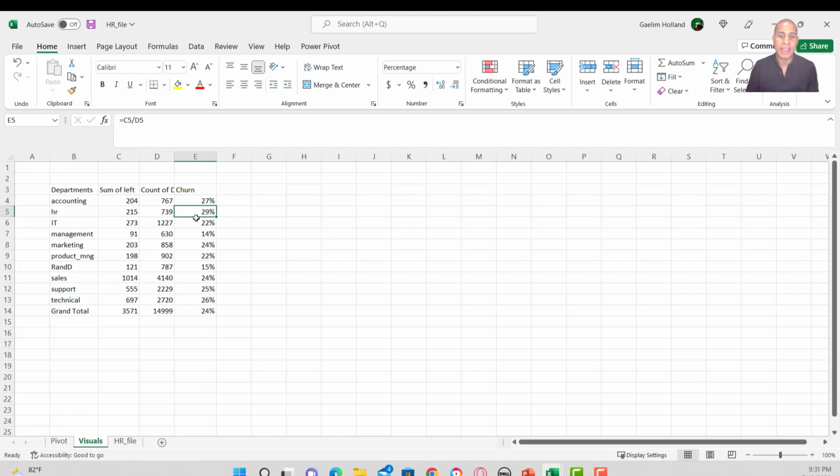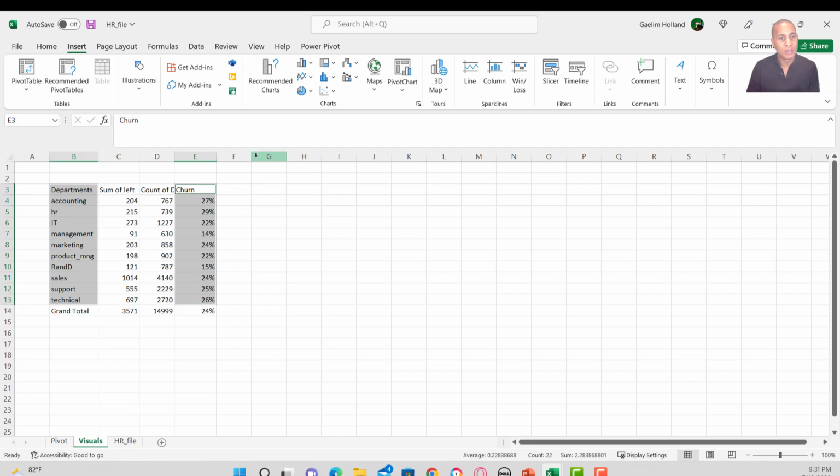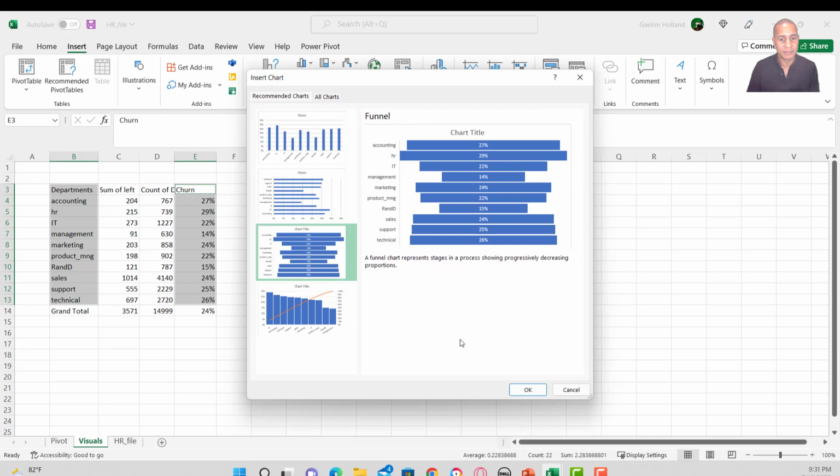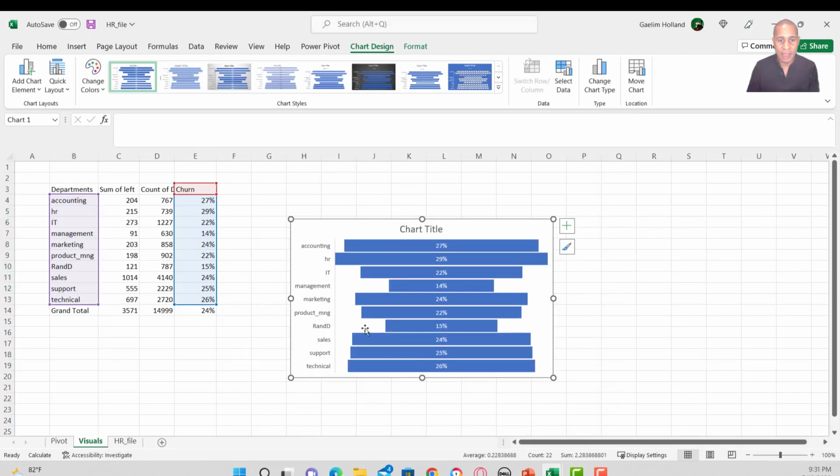So let's create a visual. So I'm going to highlight departments just by clicking and dragging this down. I don't want to bring in grand total because it's not a department. I'm going to Control, and then I'm going to left click churn. Now that I have those two columns highlighted without the grand total, I'm going to go over to recommended charts, and I'm going to choose this funnel chart. And I hit OK. Now I have this funnel. It is not very pretty, but we can make it pretty by